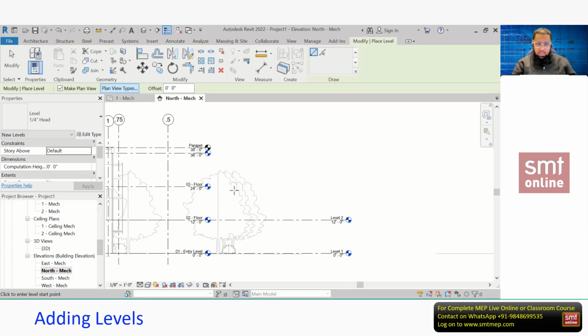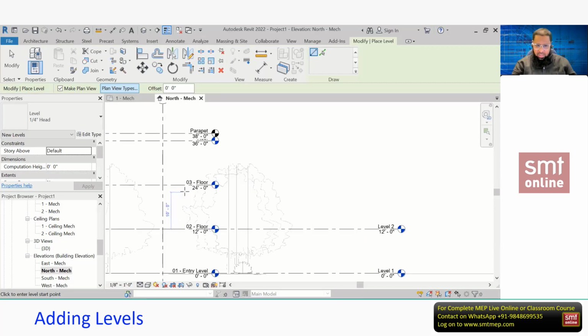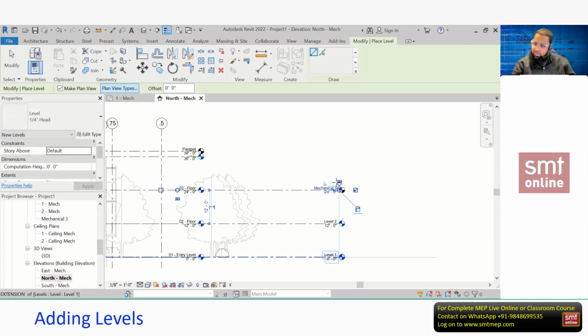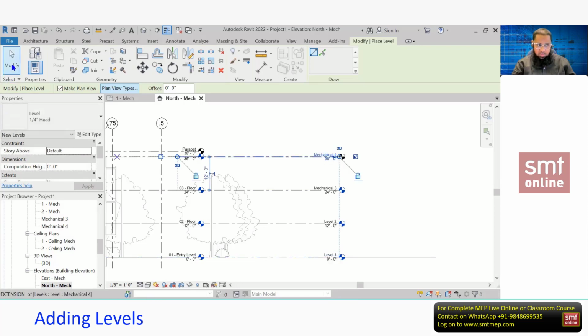Click on this, then offset 0. Why offset 0? Because I'm going to click on this. I'll directly take this level. And if you take this cursor close to this 03, like OSNAP in AutoCAD, it will catch. Click on this and you can continue creating the level and align with these levels, right? Now, in the same way with the continuation, I'm going to click on this roof also, then continue and align with these levels and click modify.